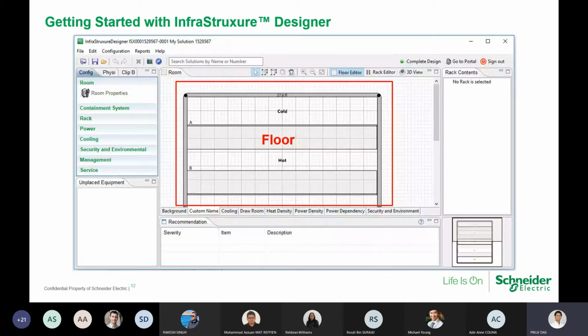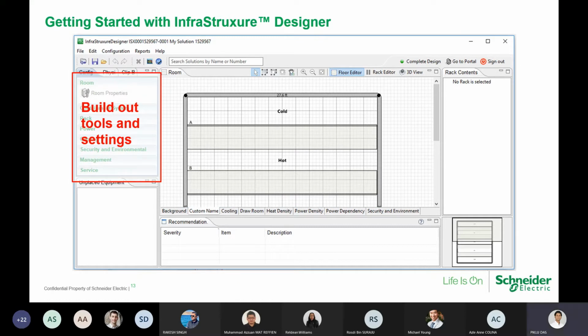So as I said, there are different views in our ISEC Designer layout. Before I jump into the main demonstration of the ISEC Designer application, I'm trying to finish all this slide, where I can give you a very detailed view of how the layout looks in ISEC Designer. You can see there is a floor view, or the floor layout, where you will be dragging and dropping all your configured equipment once they are configured. Then you will have all the different configurators that you need to build a complete physical infrastructure for a data center.